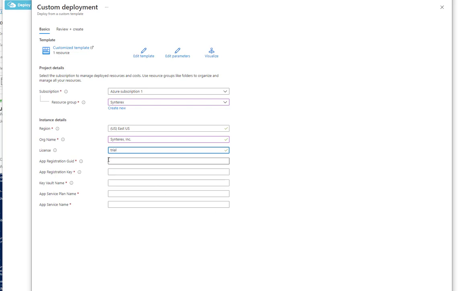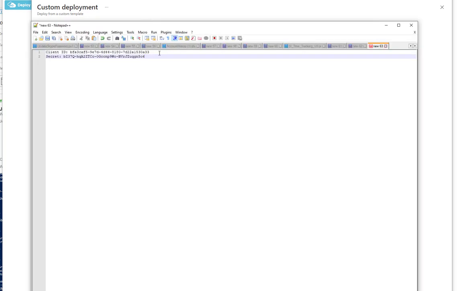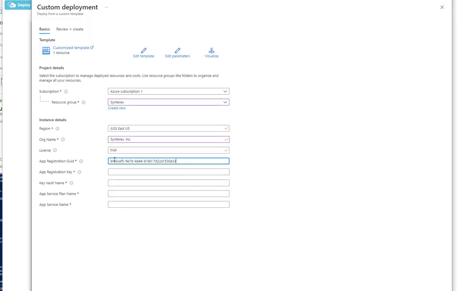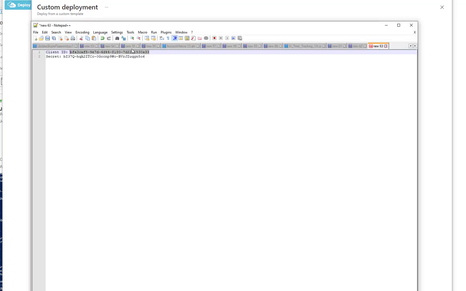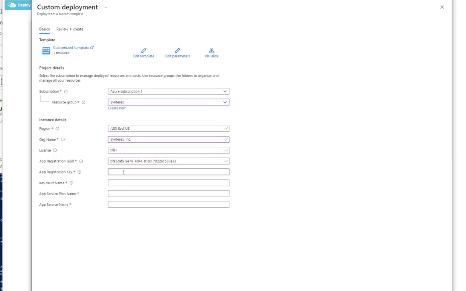So now you're going to go back and you're going to grab that client ID that you saved earlier. Pop that into registration GUID. Grab your secret, pop that in there. And now these things are actually really whatever you want to name these, and so